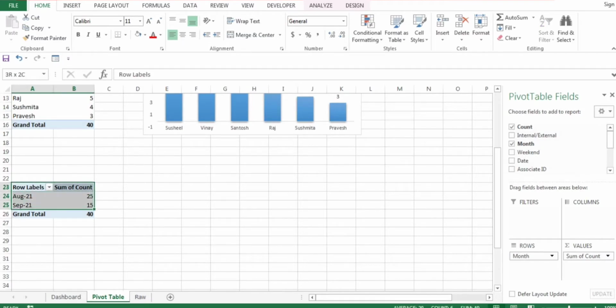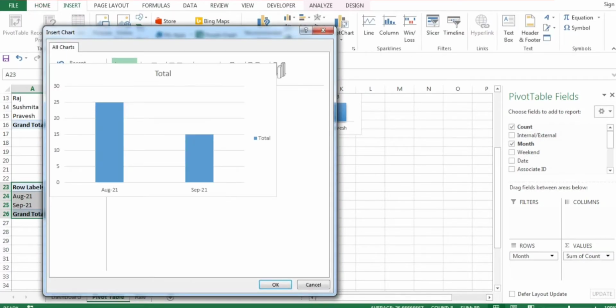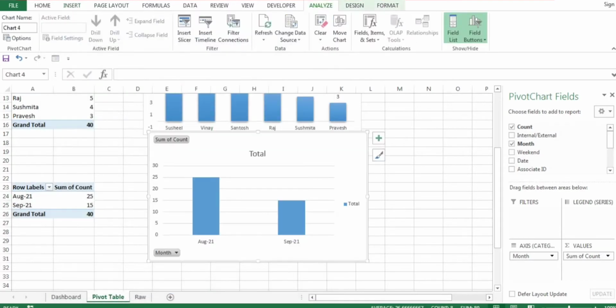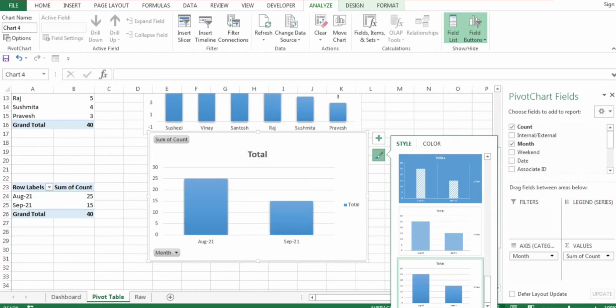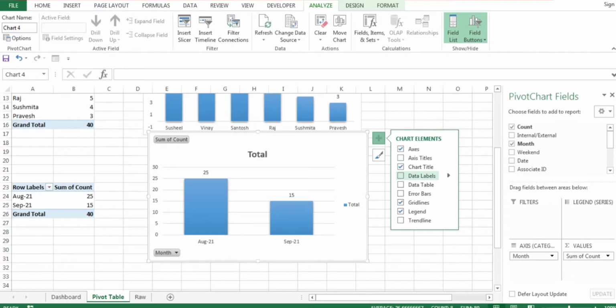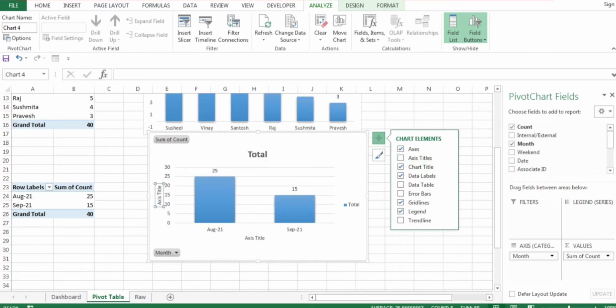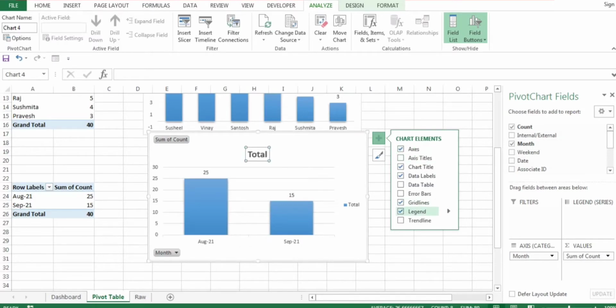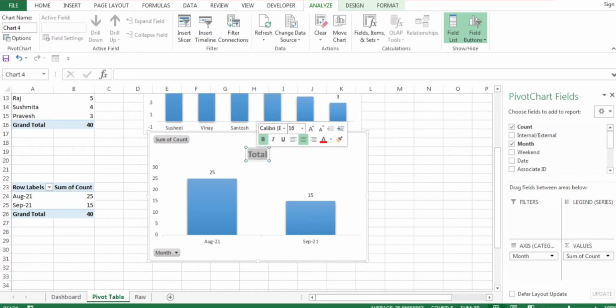Now I want a dashboard graph for it. Go to insert, recommended chart, column. Yes, here we go. Same as what we did for the team lead, we will do all these changes. It's up to you guys what kind of dashboard you are thinking of. I don't want the chart title. I want axis, legend, grid lines. I don't want total. Here I'll keep monthly escalations.